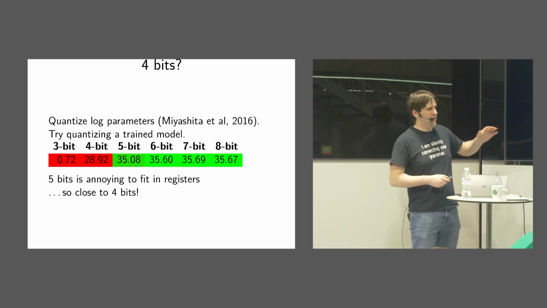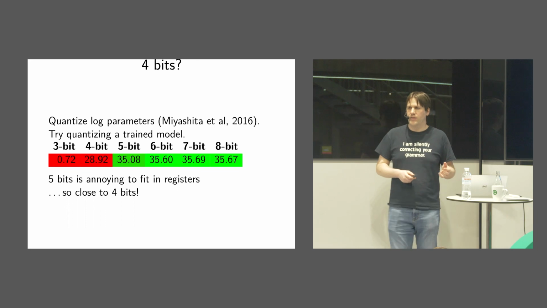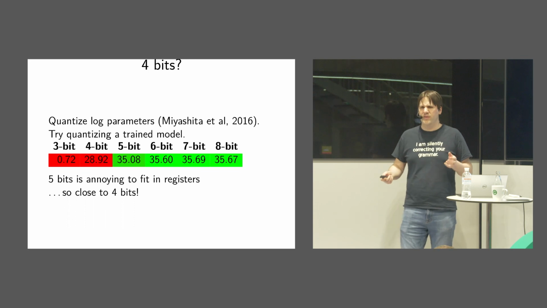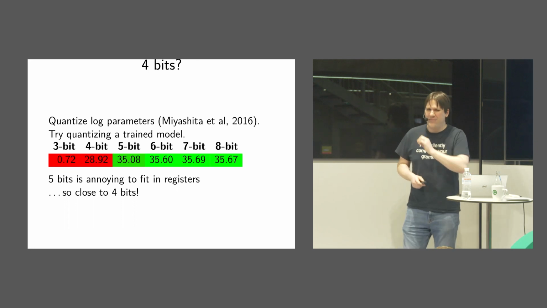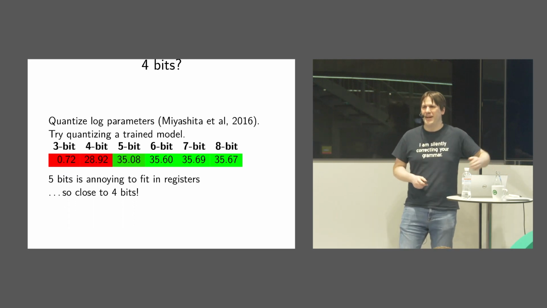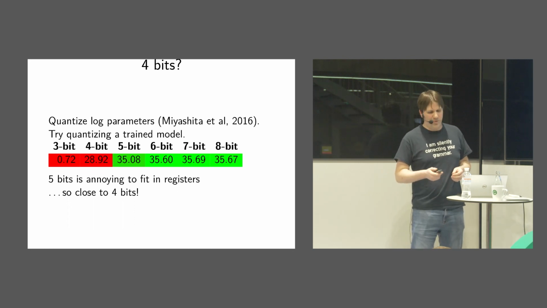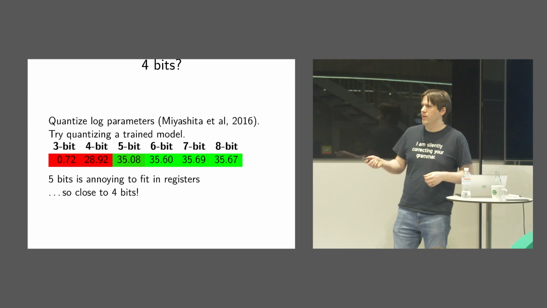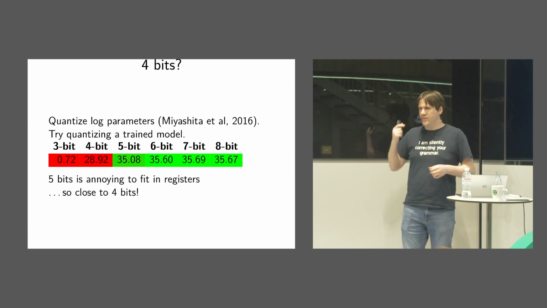And we swept how much quality you get. So these numbers in green and red are the translation quality. At 8-bit, you get pretty great. And for some reason, with 7-bit, you get slightly better, but insignificantly better quality. But then, annoyingly, right at 4 bits, it really drops off and becomes not so great translation. So if we could just squeeze a little bit more out of this, then we might improve things. And I should also note here that we're quantizing the log. We're not doing fixed point quantization. And there's a reason for this.